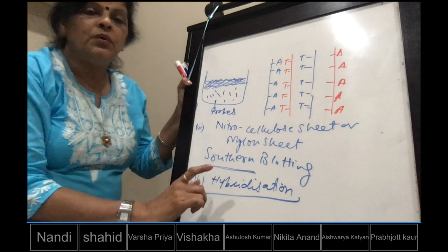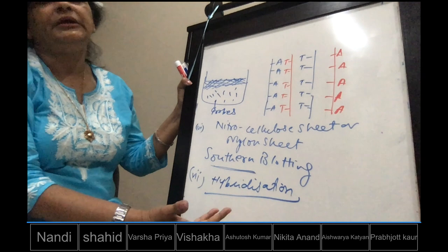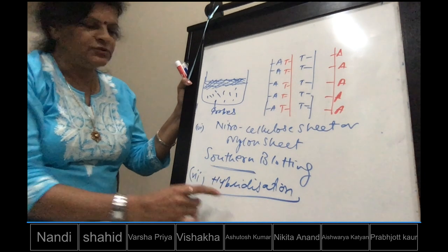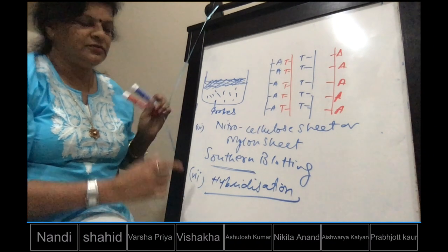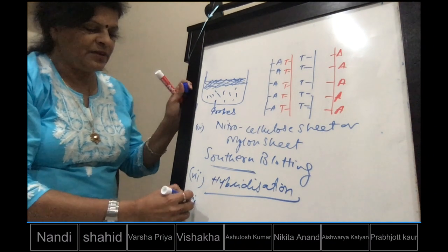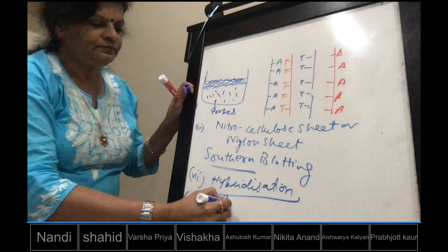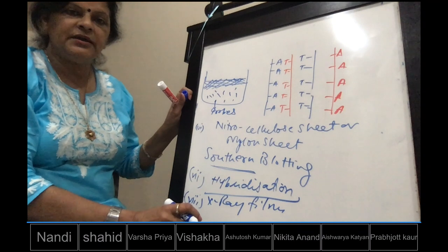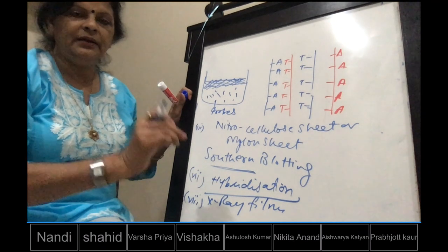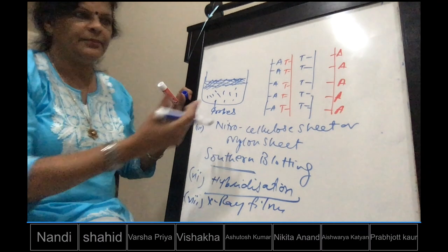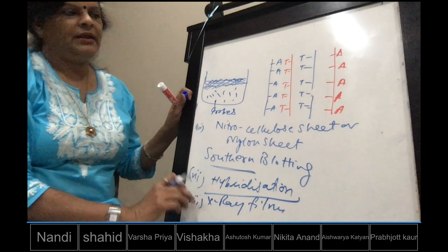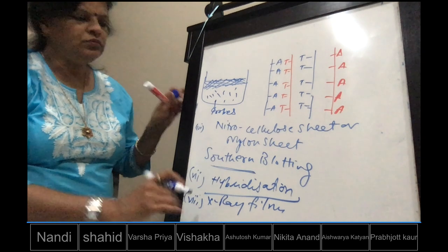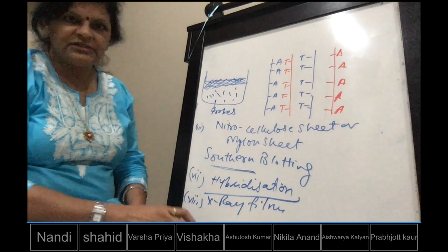So what is that called? That is DNA fingerprinting. That is the last step of DNA fingerprinting. After hybridization, the 8th step is that the X-ray film is placed over the hybridized area and there is banding due to radiations which are emitted from the probes, and that is called DNA fingerprinting. That's the last line. So altogether you can say there are 8 steps.